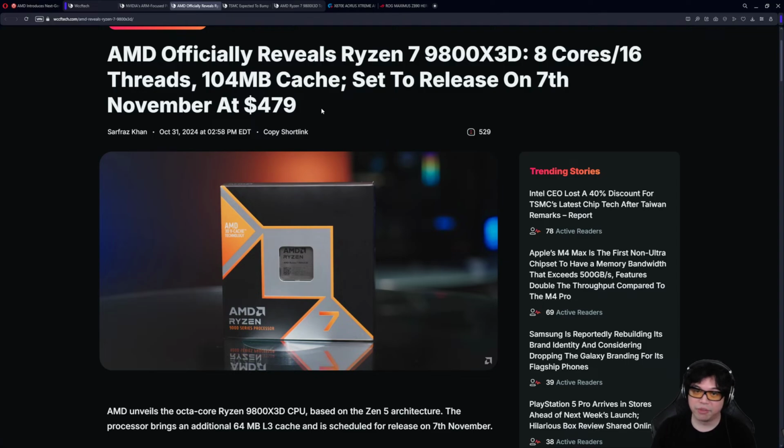You can do pretty much everything with it. So this is kind of the one that I'm using. I know that the X3D is going to be faster in gaming, but the 9950X is no slouch, and you can overclock it. That being said, speaking of overclocking, the 9800 X3D is going to be very interesting to overclock because it's the